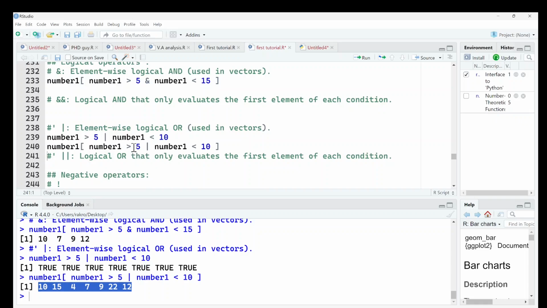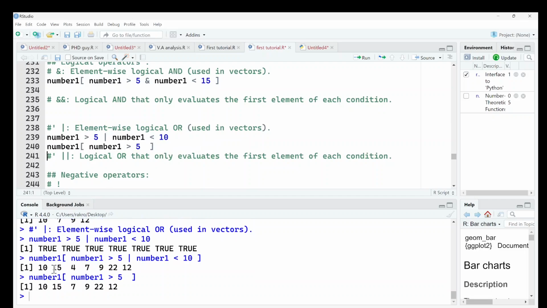So basically what happened here was this: it first evaluated the numbers that are greater than 5. Now which numbers are greater than 5? If I take this part of the code out for you to see, you will notice that these numbers are greater than 5. But then the moment you bring in "or less than 10",